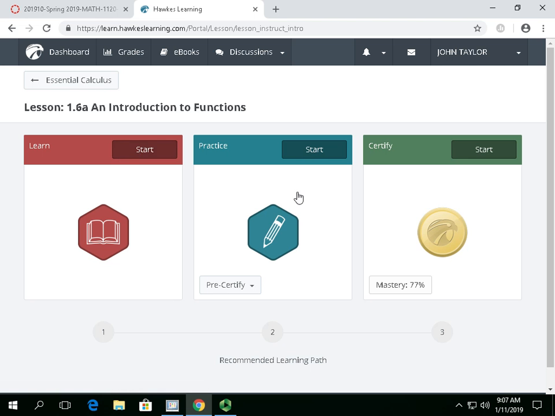But most important, after I do the notes and after we go through the examples and stuff, what I really would like you to do is go and practice a little bit because the practice, these are not points, it's just kind of showing you the kind of problems, but the goal is to certify. And on this one, our goal is pretty much to get you guys at 80%, but depending on the number of questions, 80%, you're supposed to get how many right versus how many can you possibly miss. So mastery on this level would be 77%, because that's about as close to 80 as we can get you there. And then we can actually just do some problems and stuff.